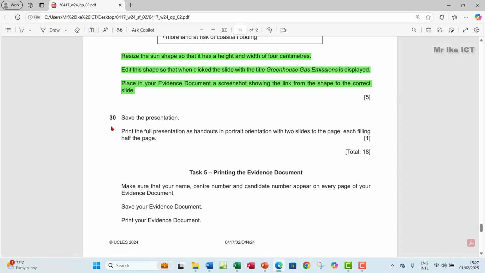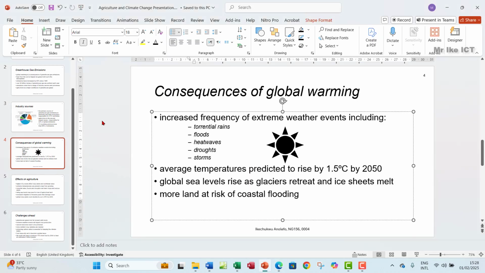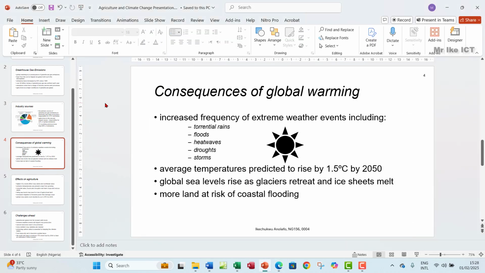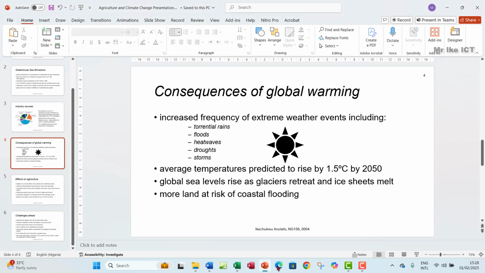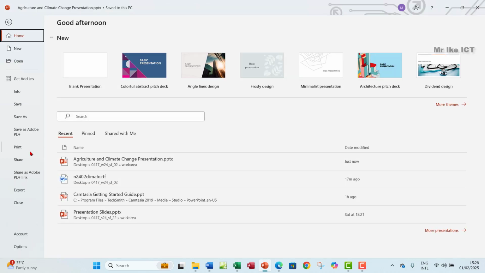Okay, so number 30, save the presentation, print the full presentation as handouts in portrait orientation with 2 slides to the page, each filling half the page, right? So let's go ahead to print our work. So this time around, they're not telling us to print any particular slide. All slides, it has to be 2 per page, right? So you want to go to File, you want to go to Print,